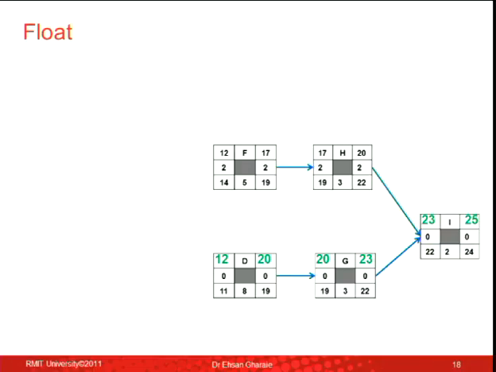So activity D was critical. That's why when it was delayed, the whole project was delayed. Now, let's look at activity F. Let's delay activity F for 1 day. So instead of day 12, I start on day 13. Then when does it finish? 18. The start of H would be 18. Finish of H would be 21. Is there an impact on I? Yes or no? No. So activity F was delayed, but nothing happened to the whole project.